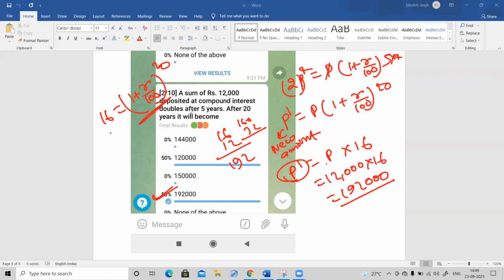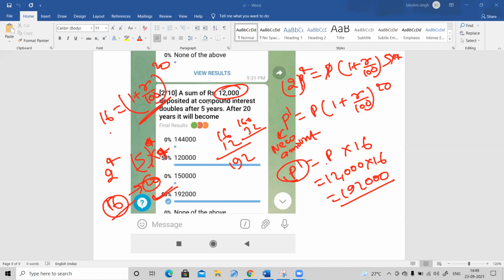How? Very simple. They are telling that the amount doubles in 5 years. And after 20 years, how much is this? So simply you do 4 here, because see, I have done it here. 5 multiplied by 4, this is 20. And whatever number you are multiplying, the same number you put as the power. So this is 16 in 20 years, 16 times. So simply multiply your principal by 16 times. Without any formula, you can get the answer.